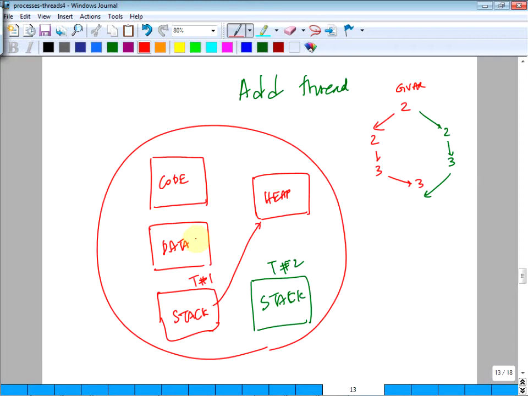On the other hand, if the data area is pointing to it, then this thread will have access to it. So it depends on where the pointer is. If thread 1's stack is pointed to, thread 2 will not have access. But if global memory is pointed to the heap, then that becomes global memory too, effectively, right? So it depends on what is pointing to it.